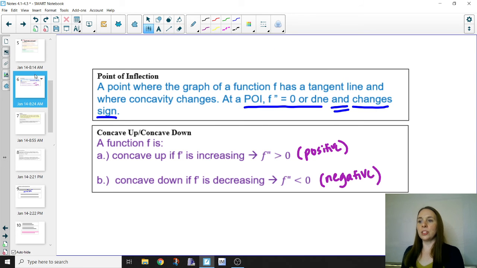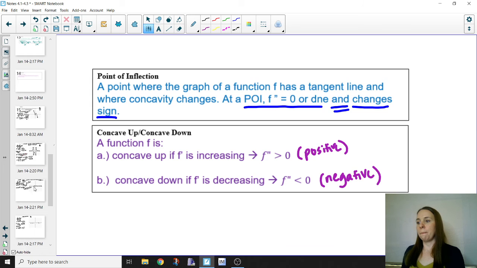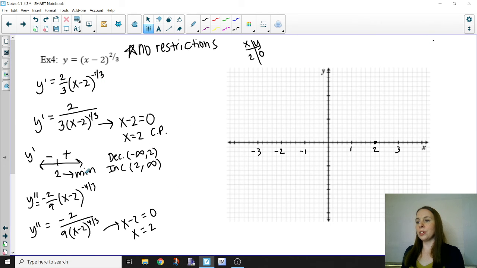Has a tangent line means the derivative exists at that point. Remember, we already established up here that x equals 2 was a place where the first derivative does not exist,